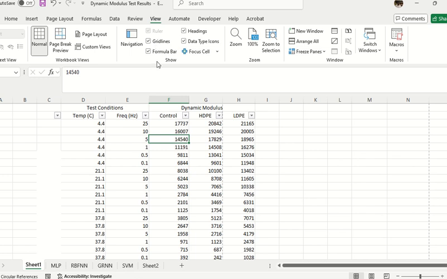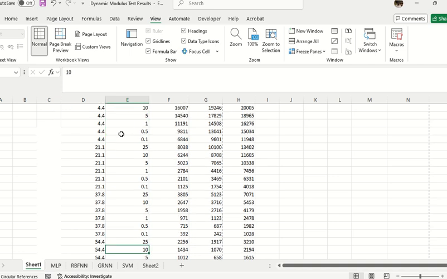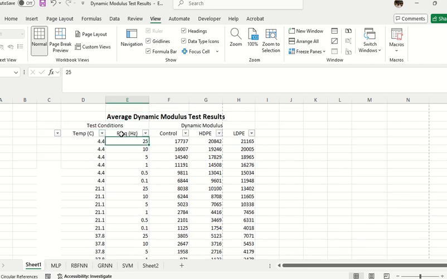You want to see grid lines, formula bar, headings, whatever you want to see, you want to zoom in, zoom out, you want a new window. Another important part: now if I go down, do I see the first row? No. So I can make this first row constant. I can go to the bottom of the first row and do this,